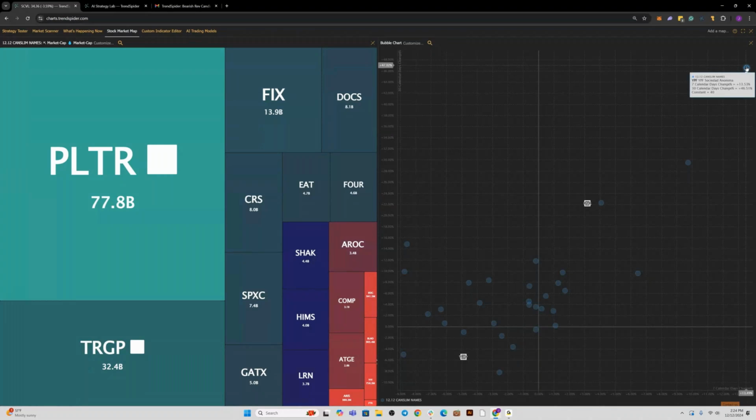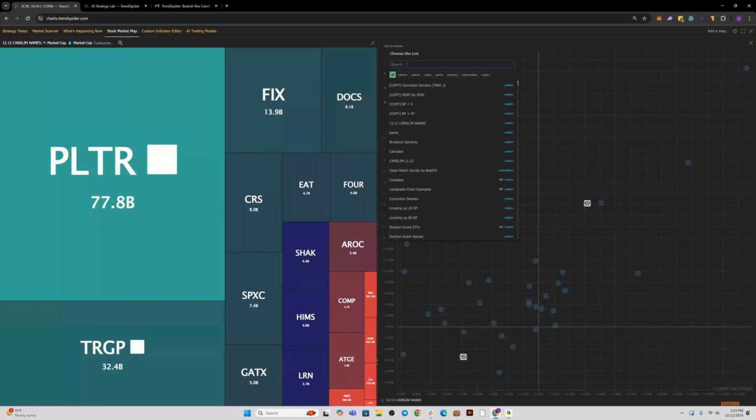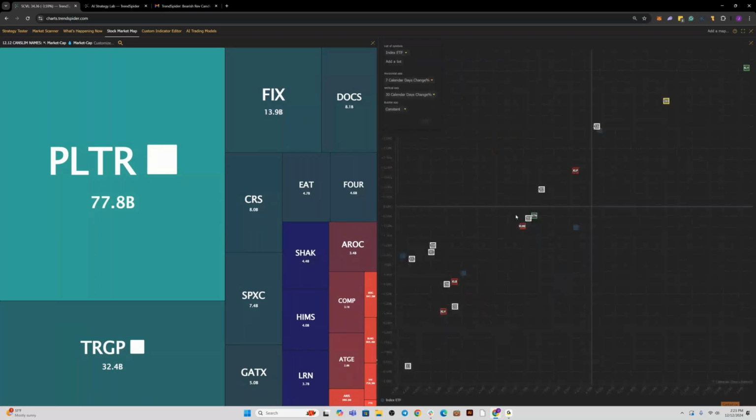Obviously, you've got a wide distribution of things going on here. Everybody's super focused on Palantir. It's a CanSlim name, it's doing great, but there are other names. This YPF happens to be quite exceeding its returns, also a CanSlim name. Another use case for this is sector rotation. Oftentimes I'll have my index ETFs set here, and I'll just be watching these move in real time, so I can monitor what's changing. Where is it moving? What was doing well last week that isn't doing well this week, and so on.